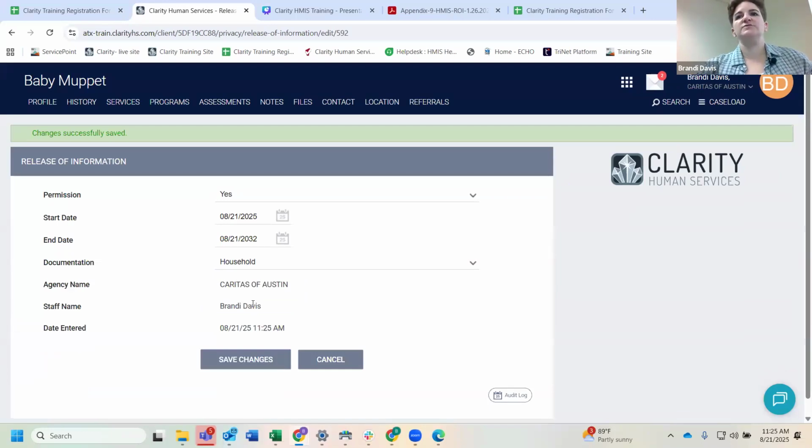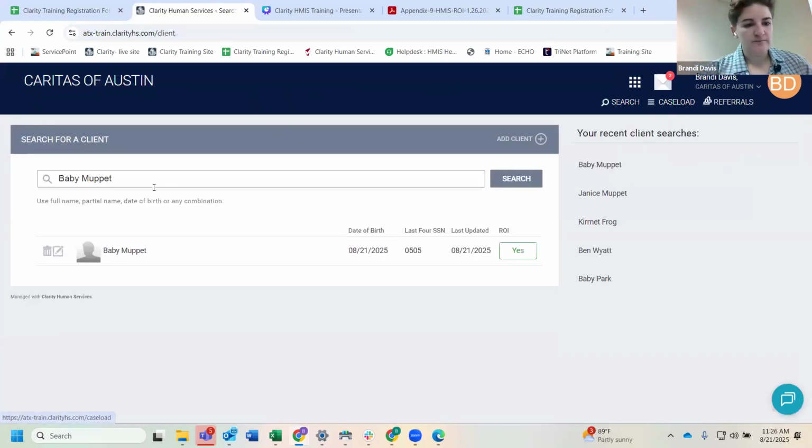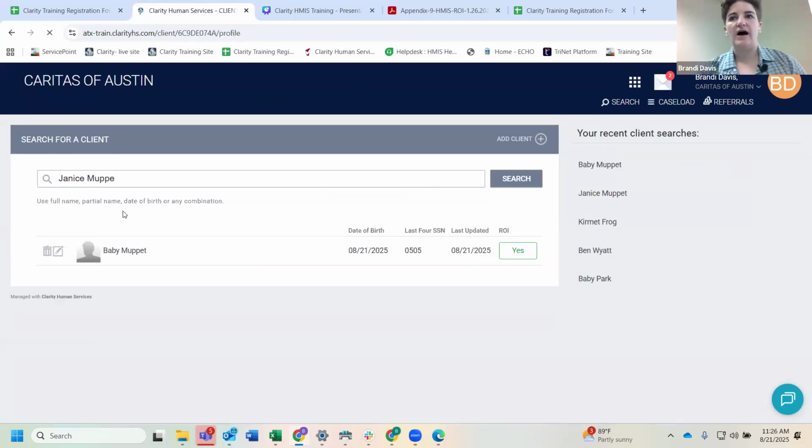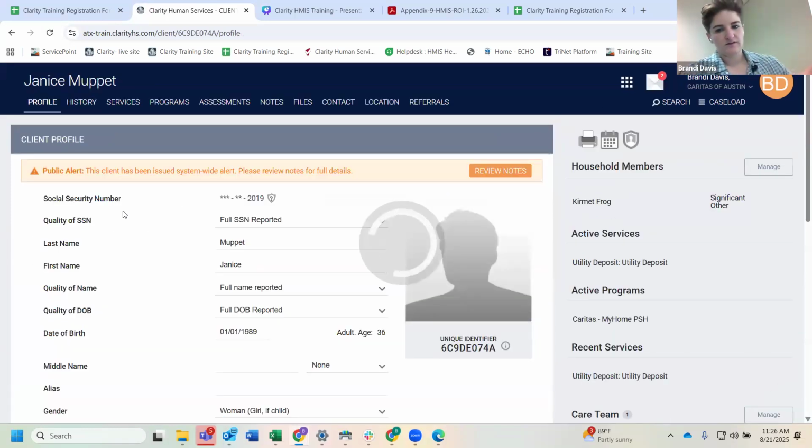And then I'm going to pause for a second, just make sure, is everyone with me that's following along on this part? Thank you. Okay, so now next we want to navigate back to our head of household's profile. We want to add the child through our head of household. So we're going to click back on the search button to go home. And then you're going to pull up your head of household, which mine is Janice. So I'm going to type in Janice Muppet. And then click back into my head of household's profile. And then we see that public alert I just created.